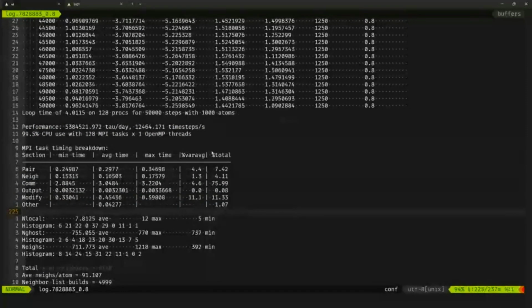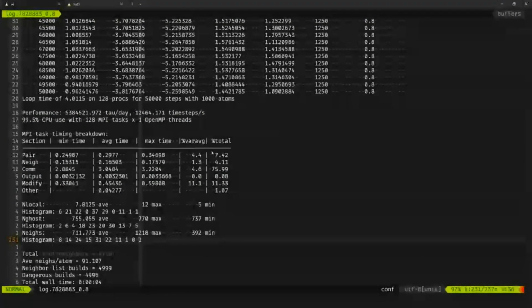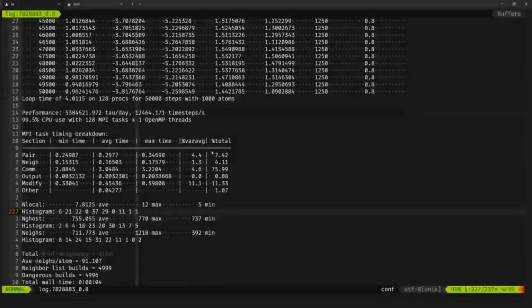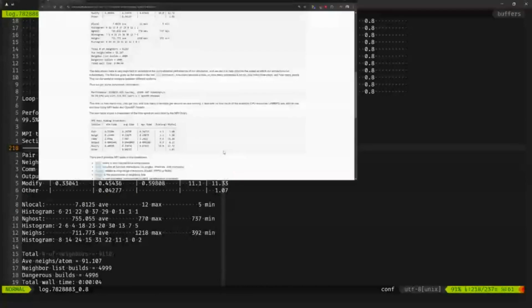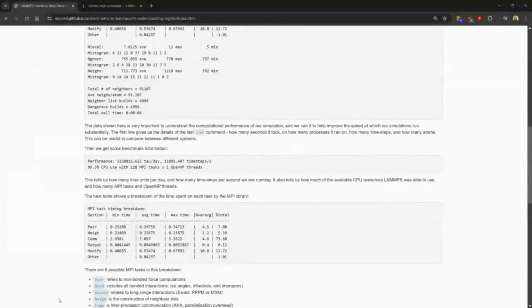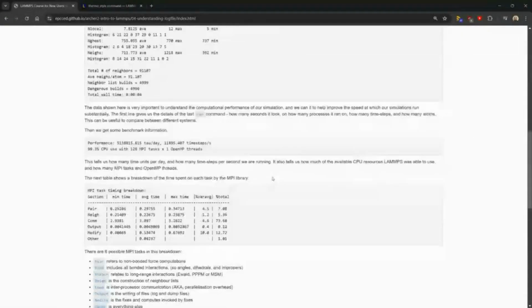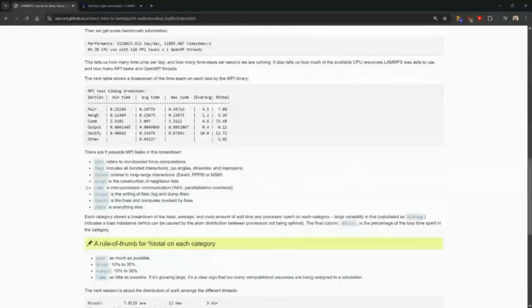Depending on exactly your force fields, and whether you have bonds or angles or dihedrals, this table will have more sections. In the course material, I believe we have examples of extra fields that this one doesn't have. So bond and K-space, for example,